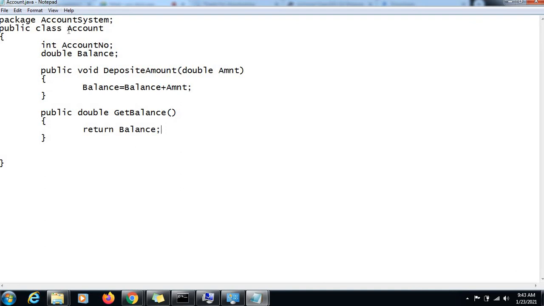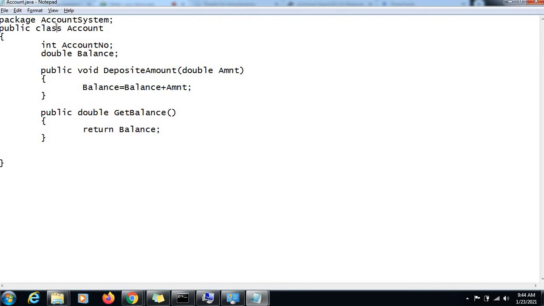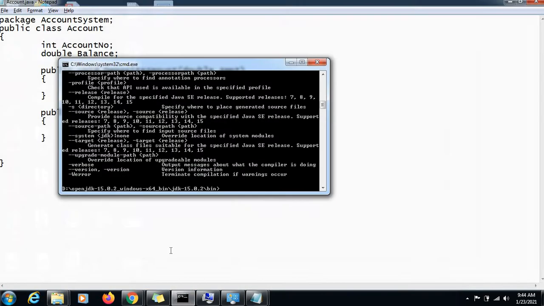And here we will now be creating the object of this class, right? Now when we access any class which is from a different package, like this class is in the account system demo package and that class is in a different package, right? It is going to be in its own folder, right? So let's do that, because I want to explain a few concepts along with the constructor.